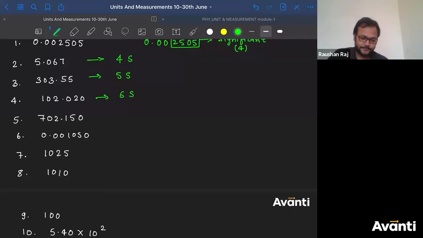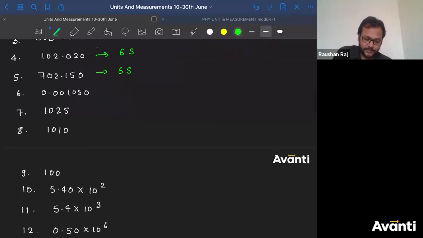All right. This one, 1, 2, 3, 4. Trapped, trailing. So again, kitna ho gaya? 6. Now in this one, 1, 2. 2 non-zeros, so 2 ho gaya significant pakka. Now in terms of zeros, trapped 1, third one, trailing, fourth one. They are what? Leading zeros. They are what? Non-significant. So 4 significant digits.